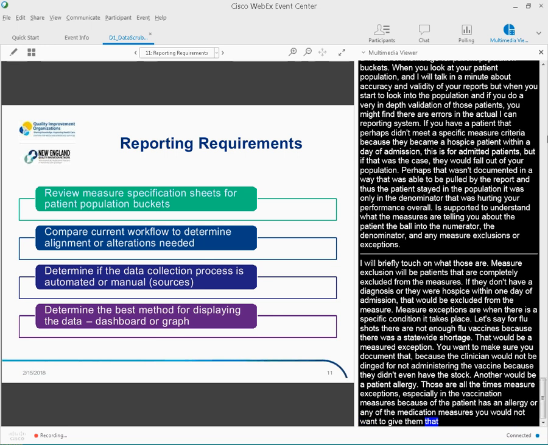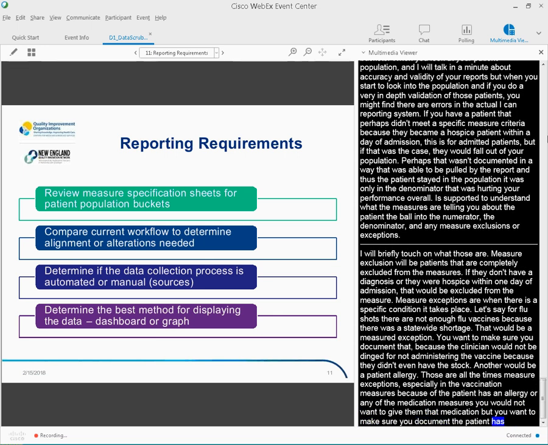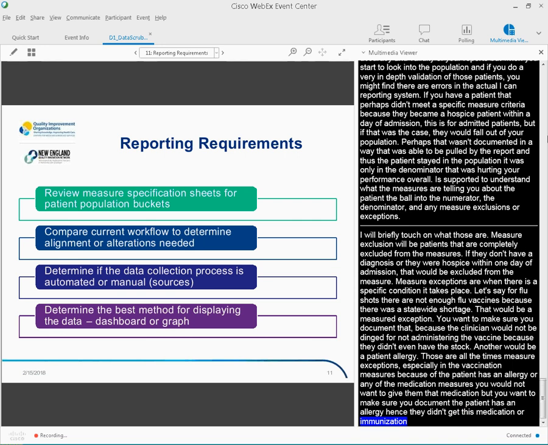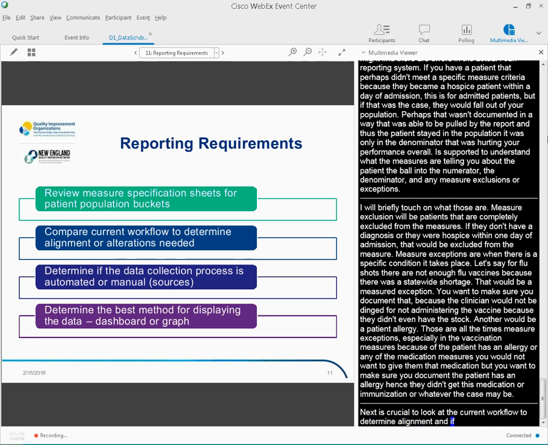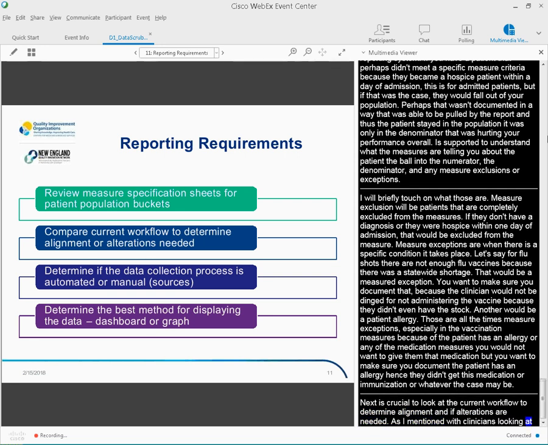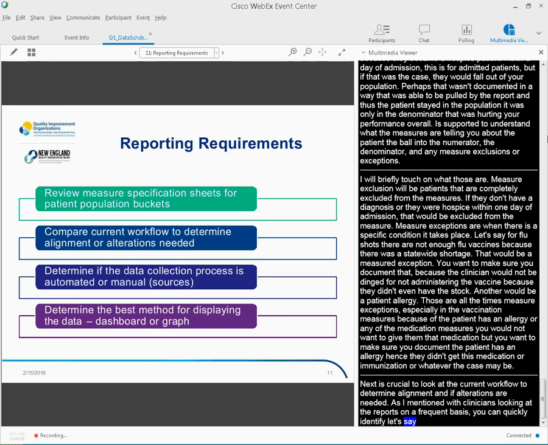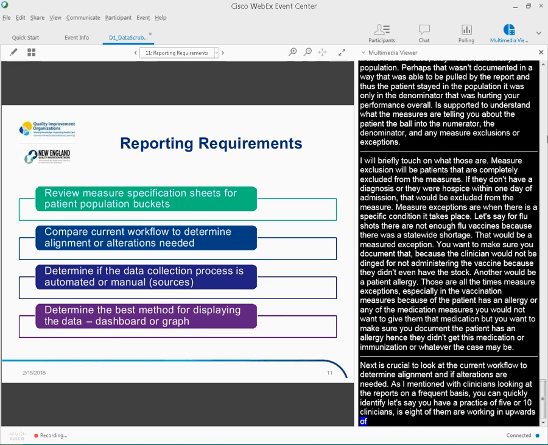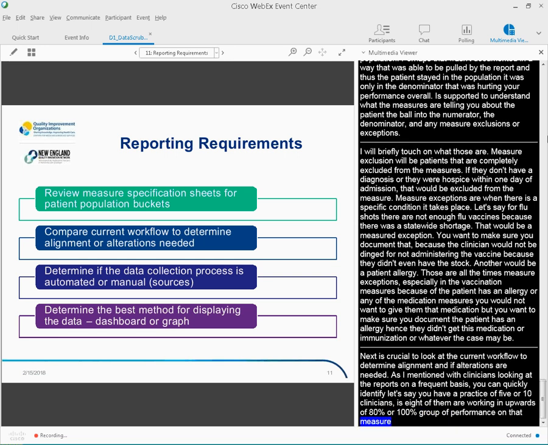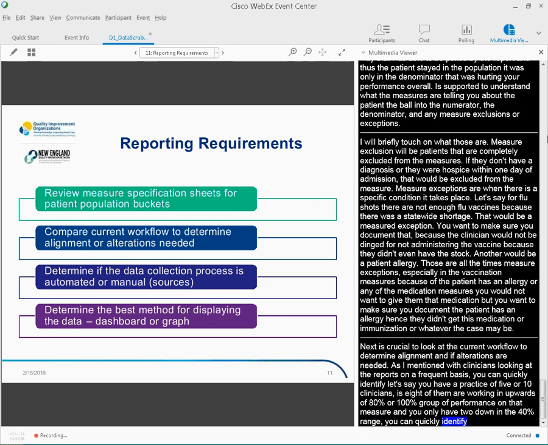Next, it's really crucial to look at the current workflow to determine alignment and if alterations are needed. Again, as I mentioned with the clinicians looking at those reports on a frequent basis, you can quickly identify, let's say you have a practice of 5 or 10 clinicians, if 8 of them are performing in the upwards of 80 to 100% range on that measure, and you only have 2 down in the, let's say, 40% range, you can quickly identify that the workflow for those 2 in the lower percentage probably doesn't align with what the other 8 are doing.